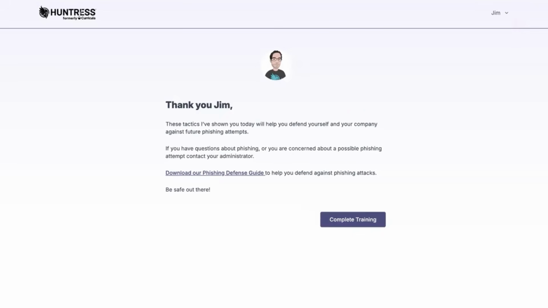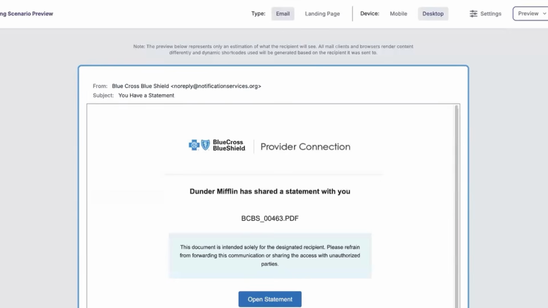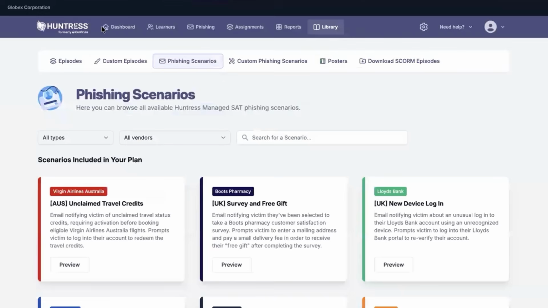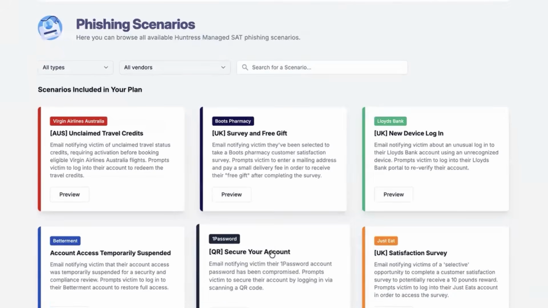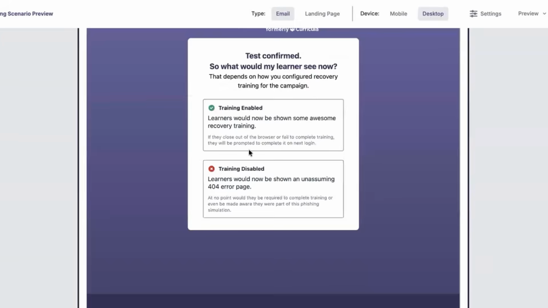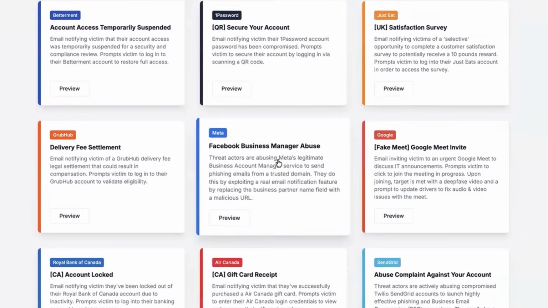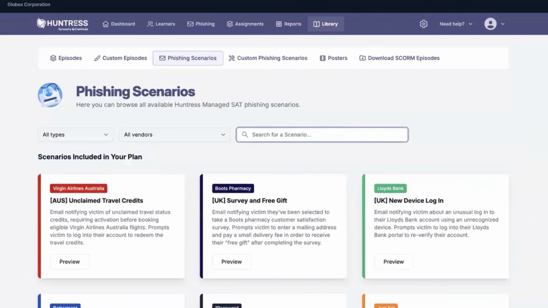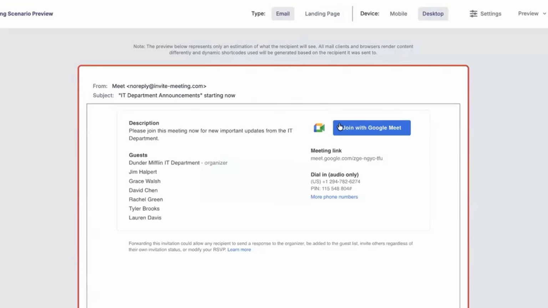And so now I'm just going to take you back to the library to look at a few different scenarios that we have that I want to highlight. So first off, we just looked at the ClickFix scenario. We also have things like QR codes. So this is where we get them to scan a QR code on the landing page. We also have fake meeting scenarios. This is where the user actually clicks on what looks like a legitimate meeting invite and it brings them to a landing page